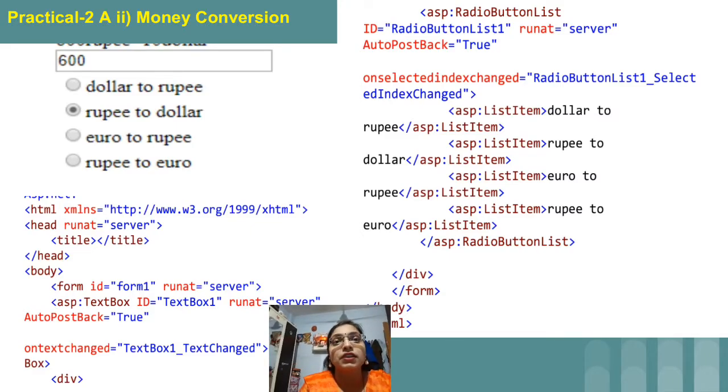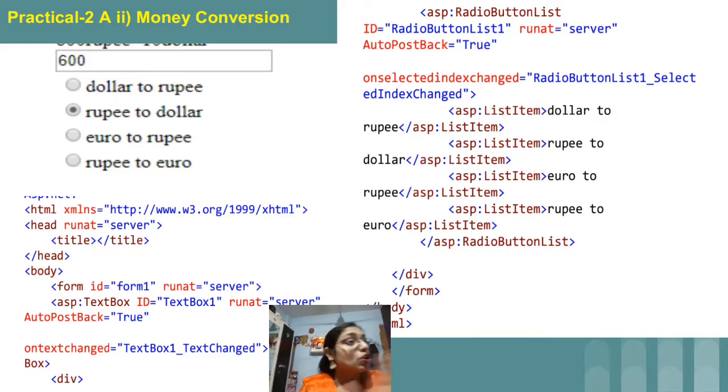so you will have a theory question on the auto post back property. If it is true, then when we check the separate radio buttons, once you check a radio button, the page will get refreshed, and the new event which you have performed will be sent to the compiler. So basically the auto post back property refreshes the web page when you run and gives the latest response to the compiler. This is the reason why it is very important.